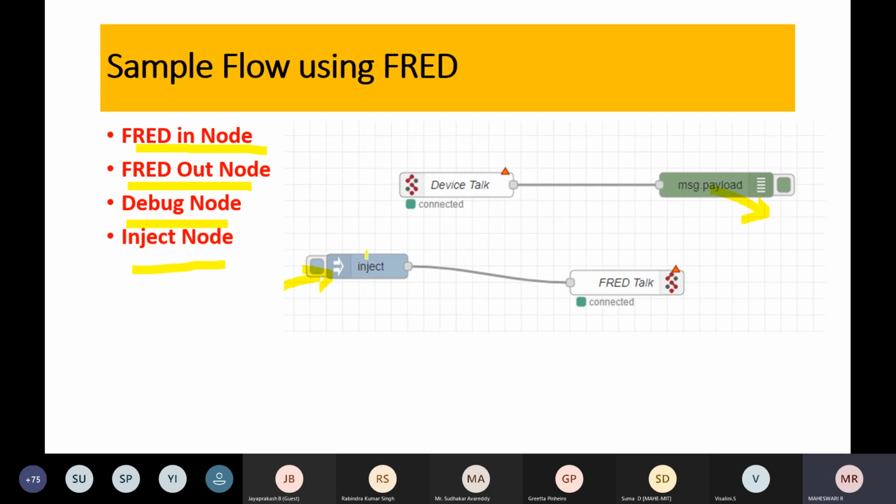For example, I send data from the local machine and I see the output on the server machine. Then the server machine will send data, and it is going to be displayed on your local machine. This is what we are going to see. This is how a beautiful cloud establishment will happen. Any devices can be connected, and irrespective of their locations, the data gets transmitted. This is the beauty of FRED in the cloud.